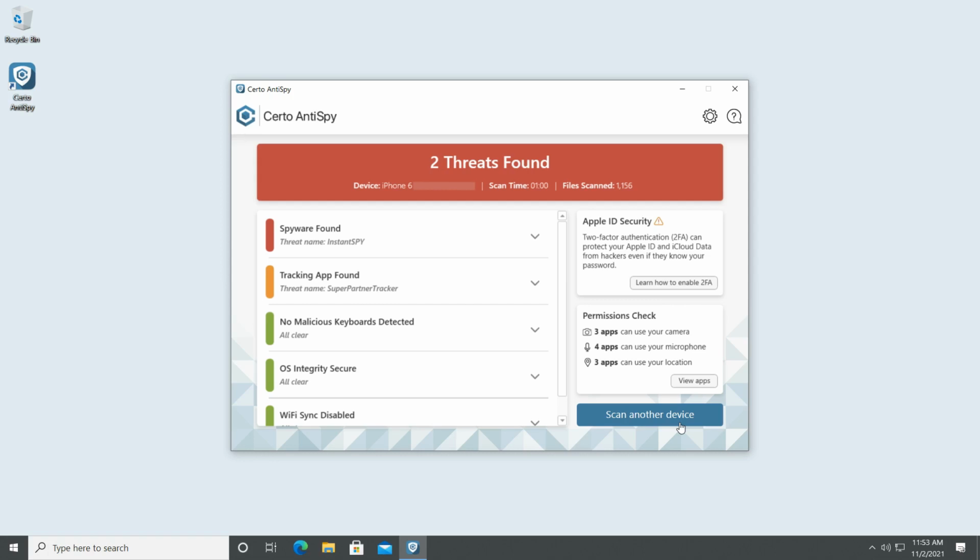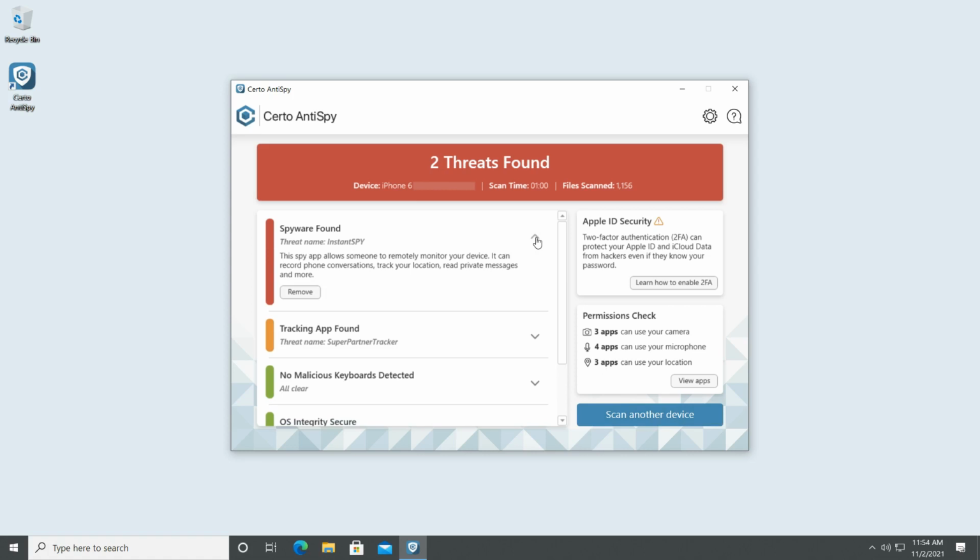Orange indicates a medium threat. A potential risk has been detected and requires your attention. Green is all clear. No threats were detected for this category. Click the arrow next to any threats to view additional information, and click the Remove button to remove it from